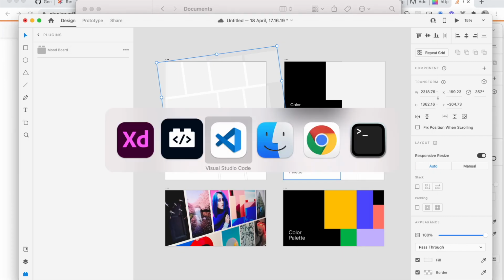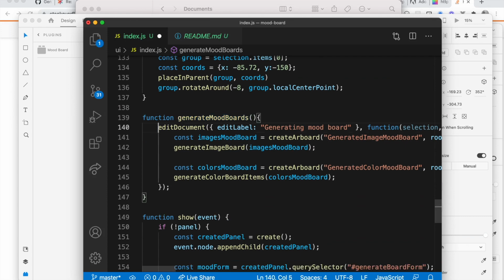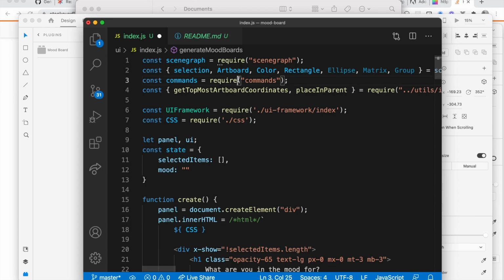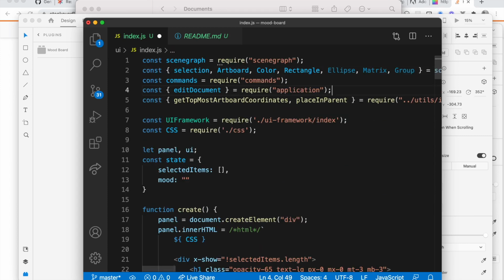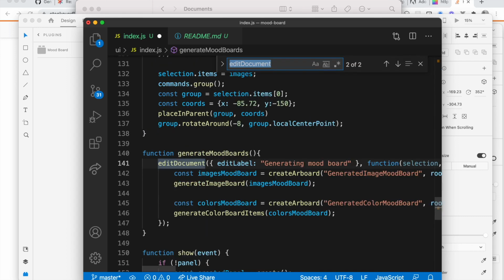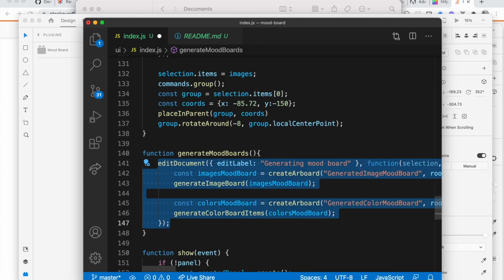Yeah, so I was trying to be too clever here. Apparently you just need to grab the edit document again. And you know what, I'm going to put this at the top there again. I had a feeling that would be the case, but I convinced myself that it was going to be fine. Turns out I'm not. Anytime you need to make changes, you need to call document again. So